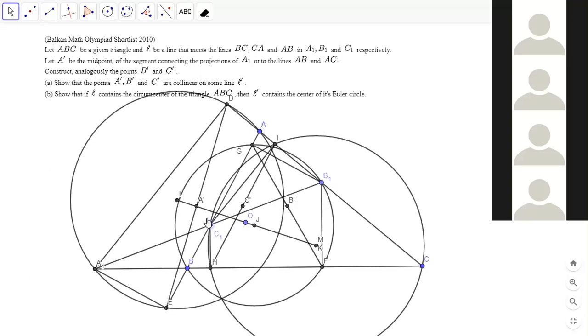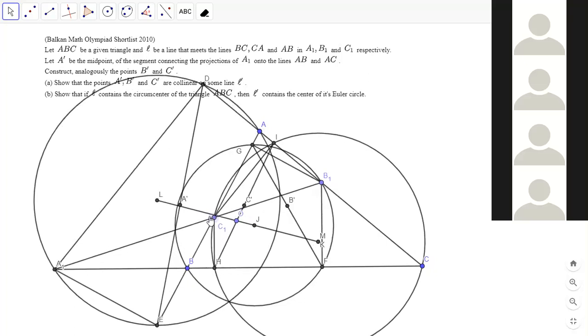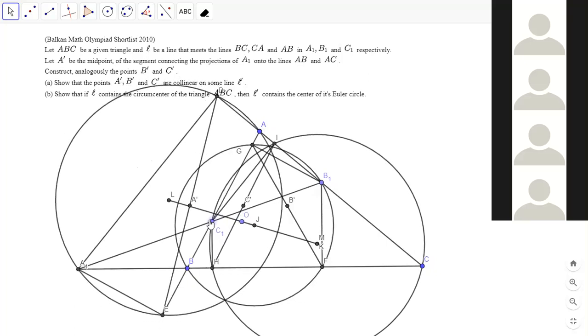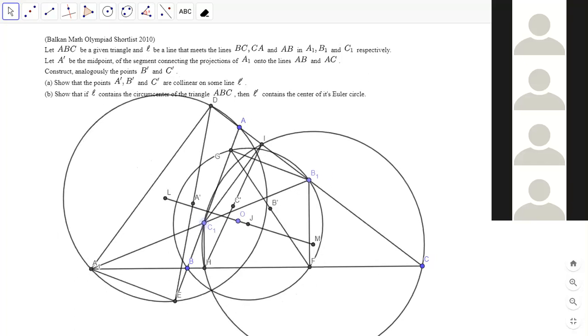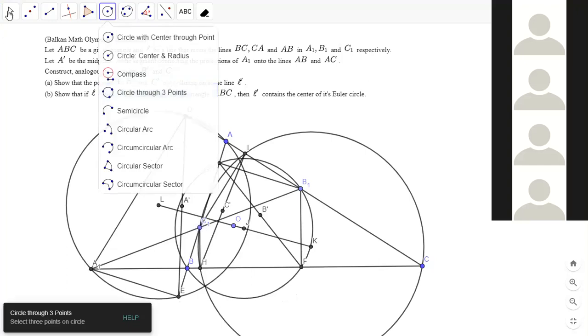Huh. Oh, because let's see. Okay, so I'm just curious about part B. I know we haven't really solved part A, but